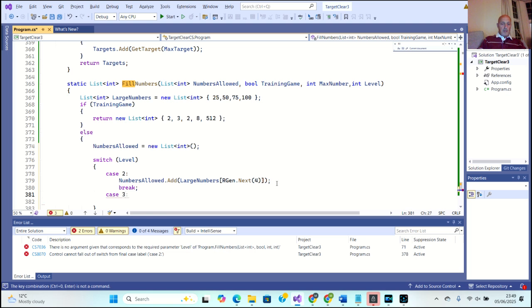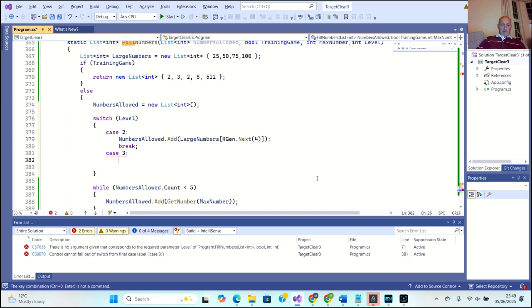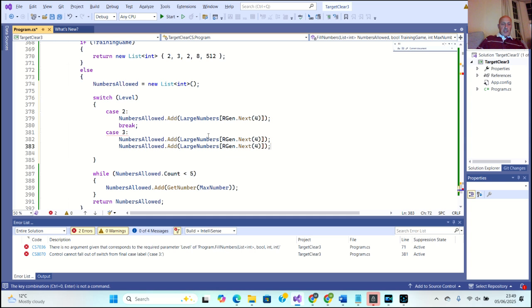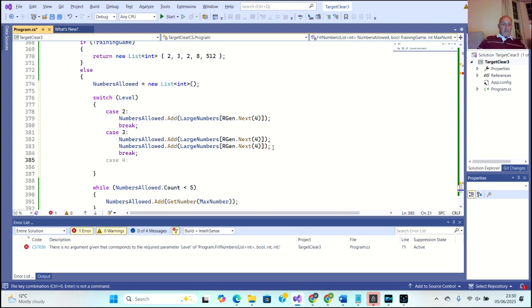3, which is the medium level. So we now need, don't forget, if you're not quite sure of this rgen.next, there's plenty of random number generating going on in this program. You can go and have a look for the syntax. So we need 2 of them because we are going to generate for the medium level 2 of these large numbers. We need a break, then we need a case 4,